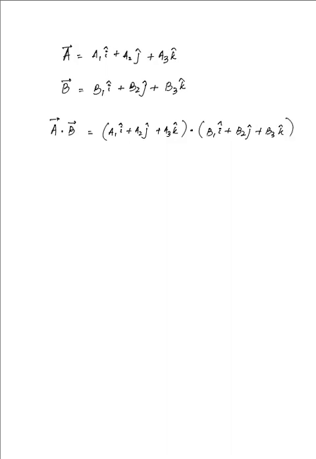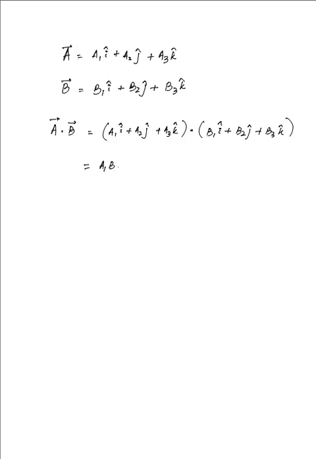Now you know that i cap dot i cap will be equal to 1, i cap dot j cap, or i cap dot k cap is going to be 0. So all we are going to have over here is that a1